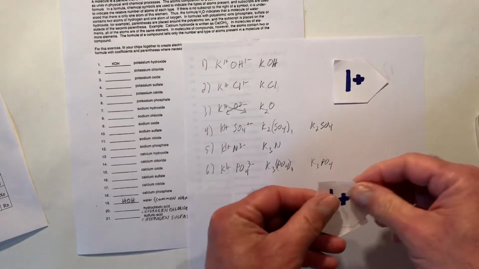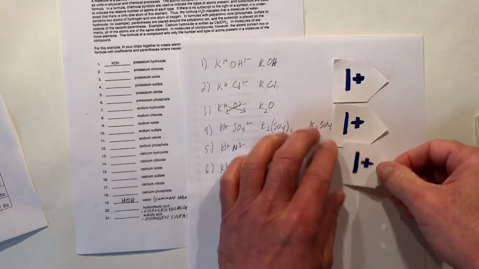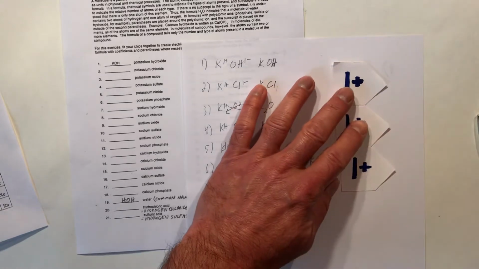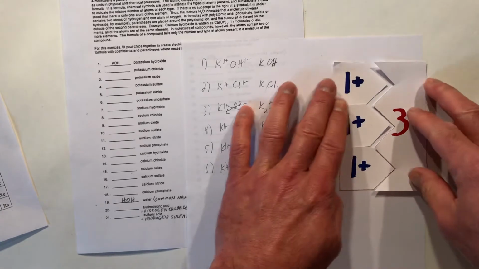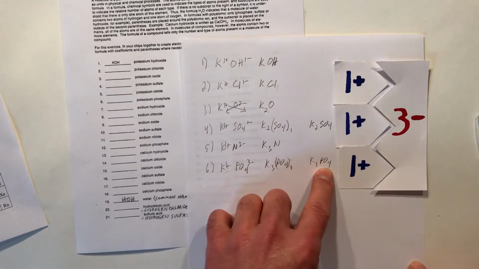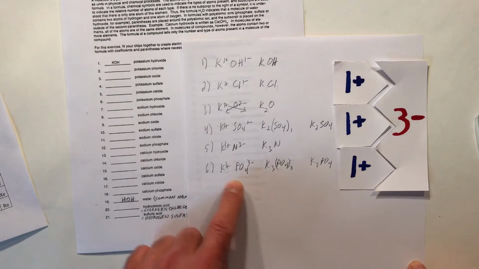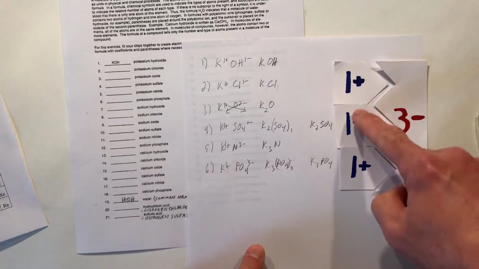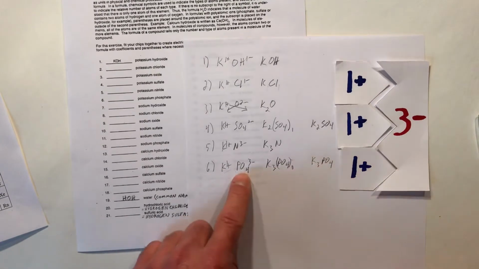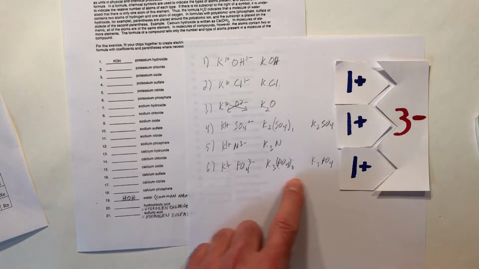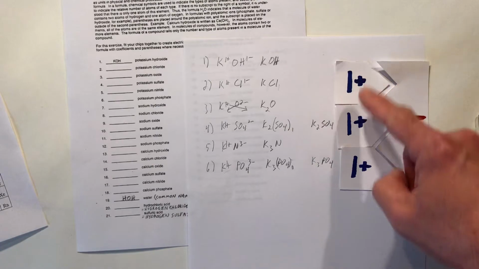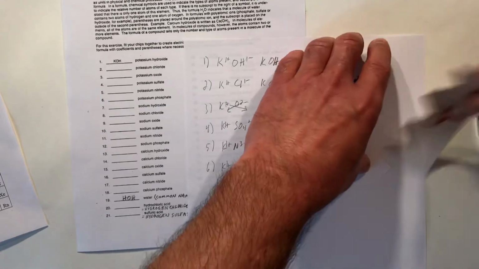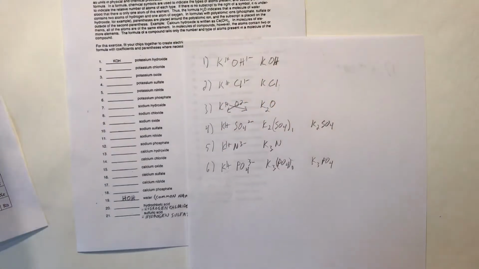So last time we're going to use the chips here. We have 3 1 pluses combining with PO4 3 minus, and we get a neutral compound if we have 3 Ks and 1 PO4. Again, K is 1 plus, so we have 1 plus 1 plus 1 plus for the 3 Ks. PO4 is 3 minus, so when we have 1 PO4, that's 1 3 minus. Total positive 3 balances total negative 3. All right,